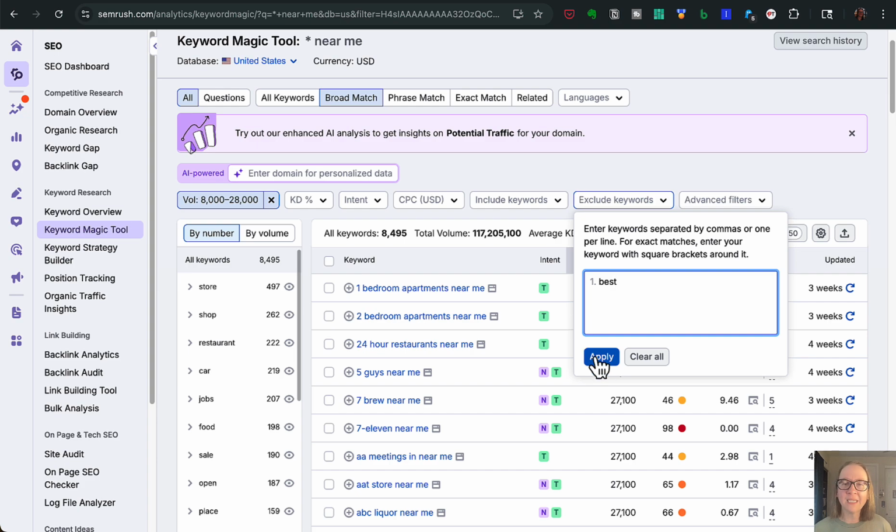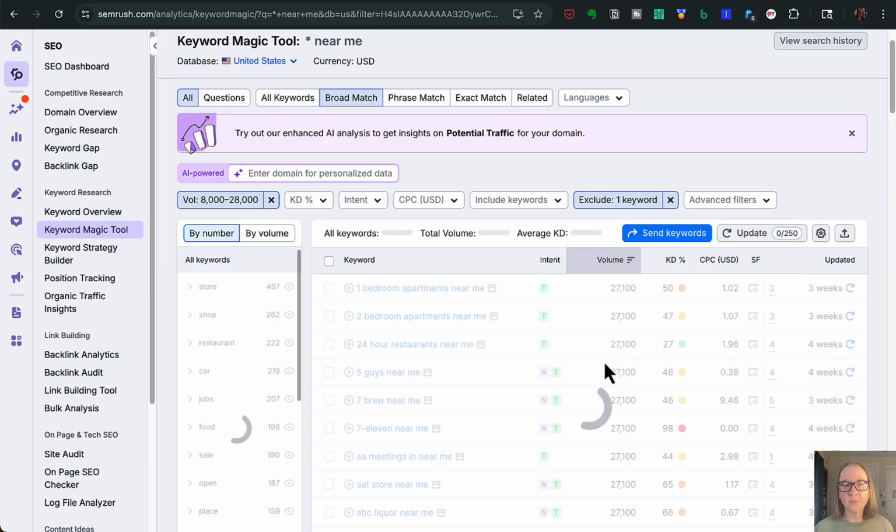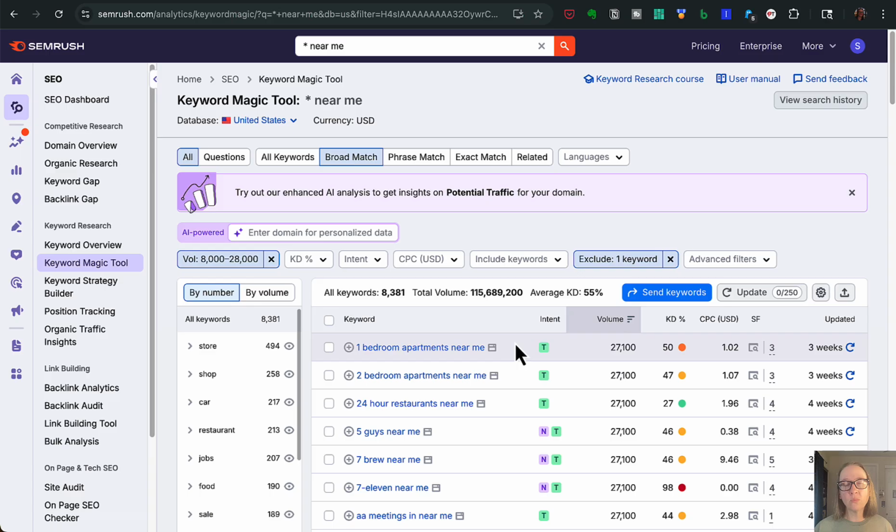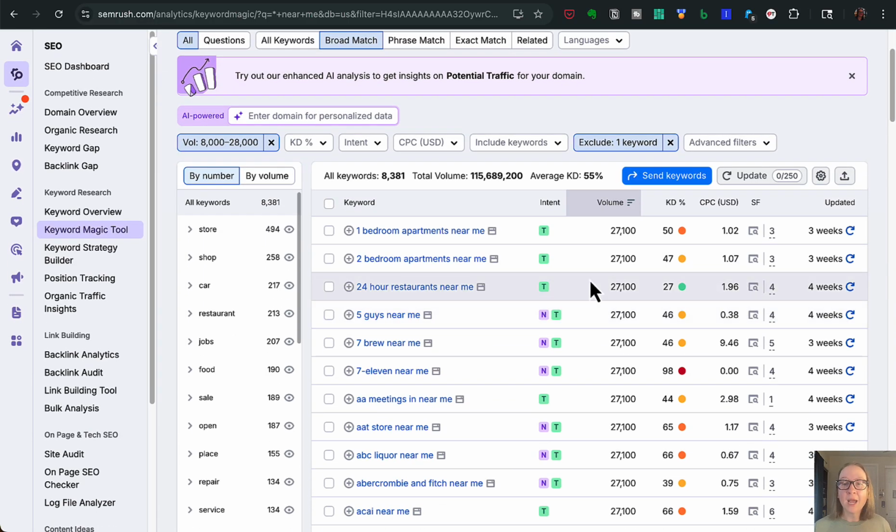So I don't really want to see anything that's best. I want to see just the core keywords. So we'll see here. We've narrowed this down. We've removed best. We still have over 8,000 keywords to look at. That's quite a lot. It is default sorted by the highest volume, but what I like to do is sort